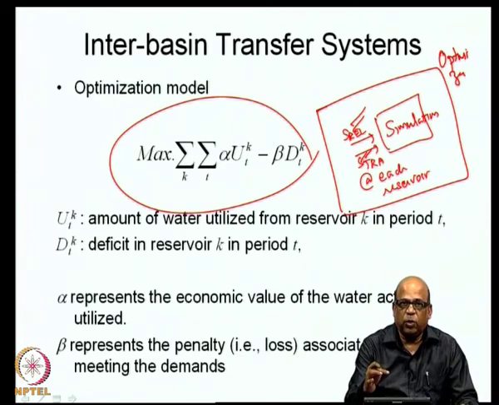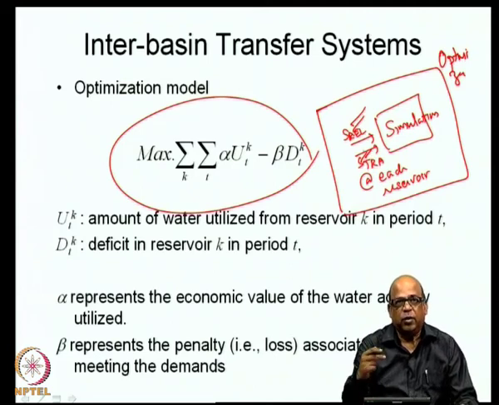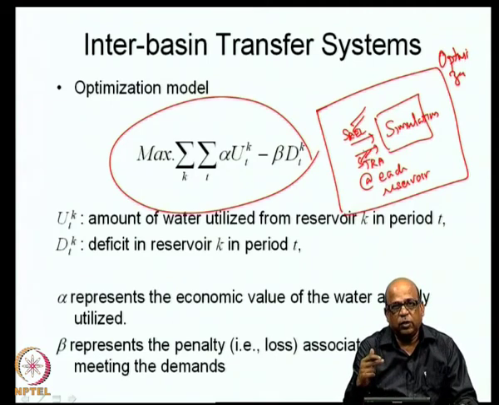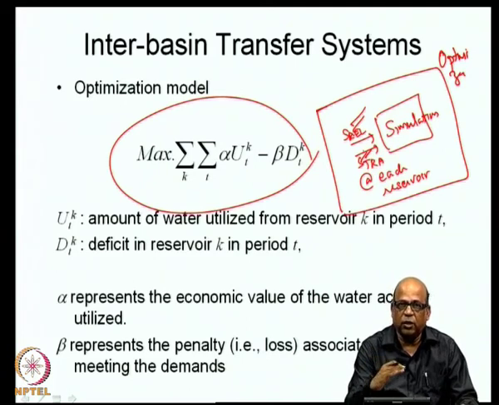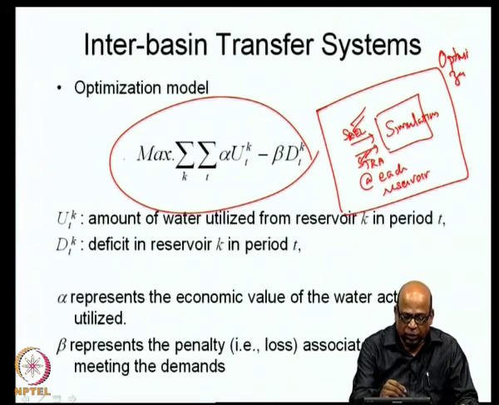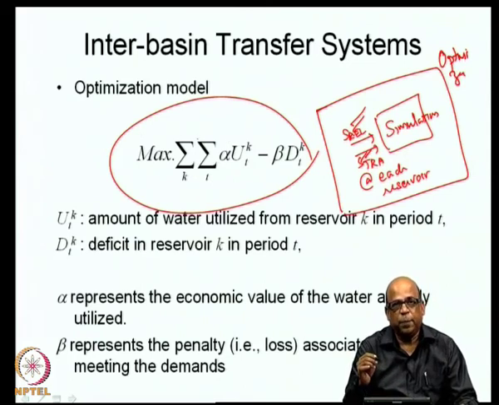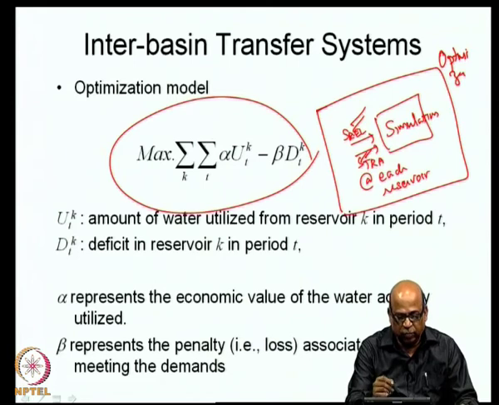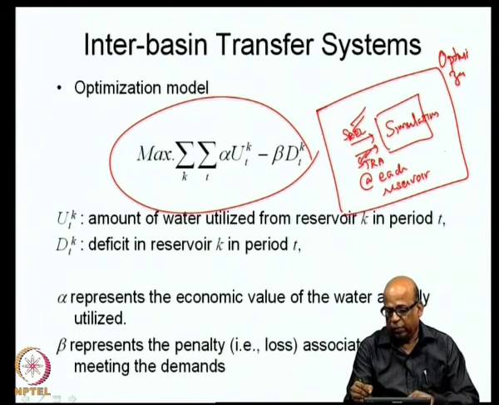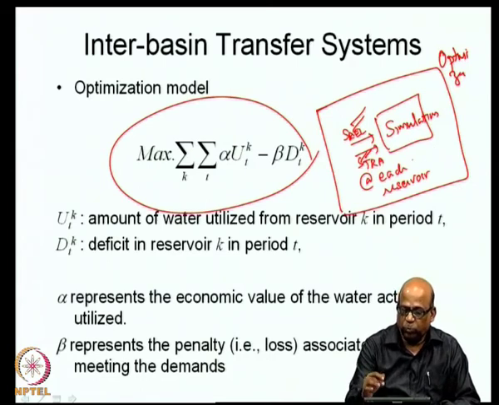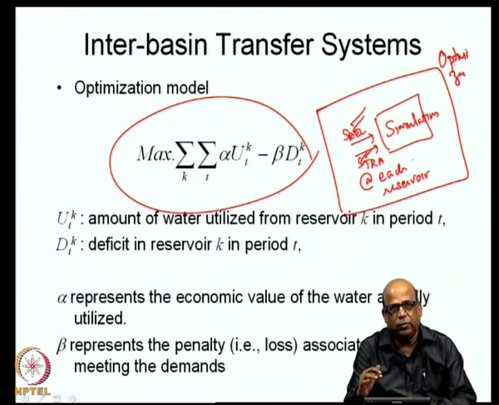The optimization model will give you the optimal SREL and STRA by making a search over all possible values of SREL as well as STRA at each of the reservoirs, such that you are able to meet a certain objective. And the objective function here we consider for that is, now how we solve is slightly beyond the scope of this course, but you realize that we use a nonlinear search algorithm.